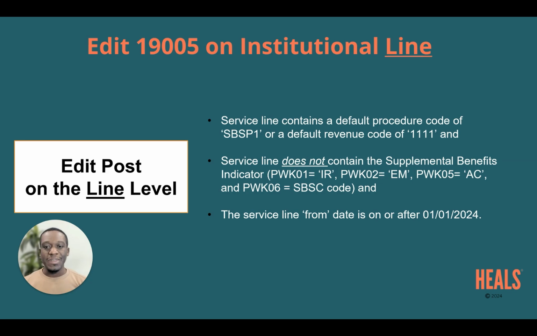And the service line from date is on or after 1/1/2024, which CMS provided the guidelines that data that has from date starting from 2024 should be submitted. So for the institutional, they are looking at the procedure codes and the revenue code as opposed to the professional and the DME that were on the procedure codes and the diagnosis codes. So this is pertaining to the procedure codes and the revenue code, which is the key difference here on the institutional line versus the professional line. So if you are submitting this data, all of them should be aligned. Otherwise, CMS will reject this line with edit